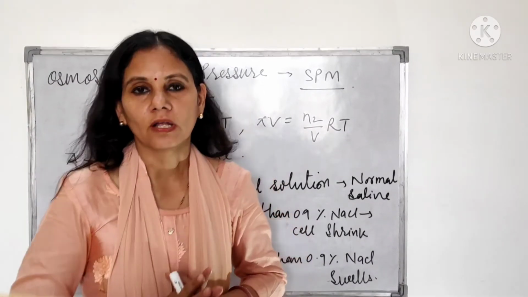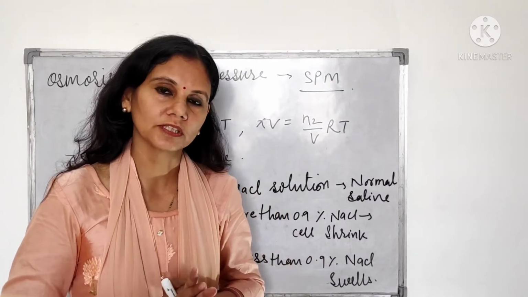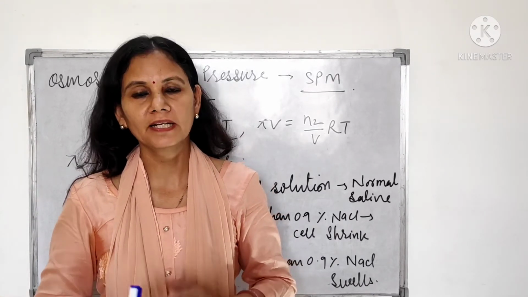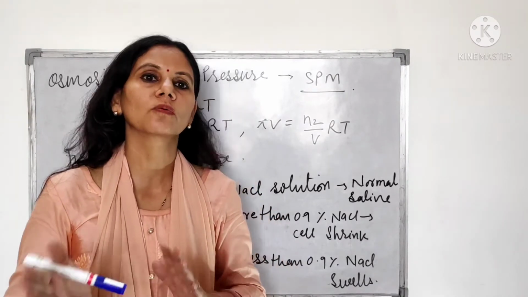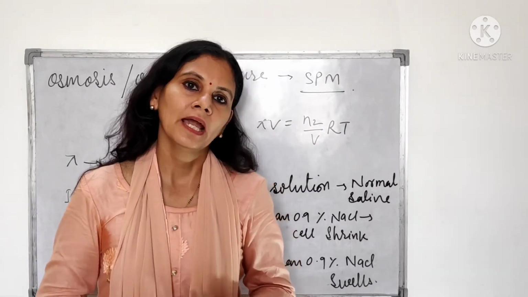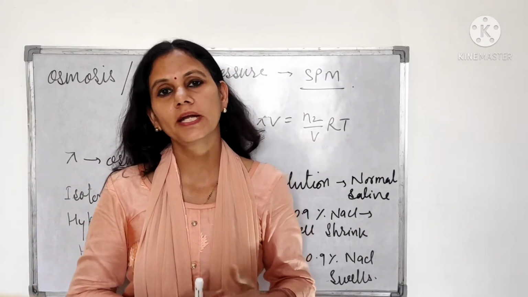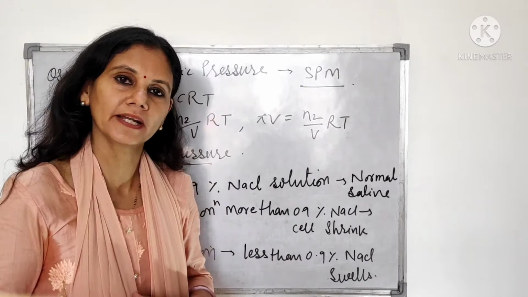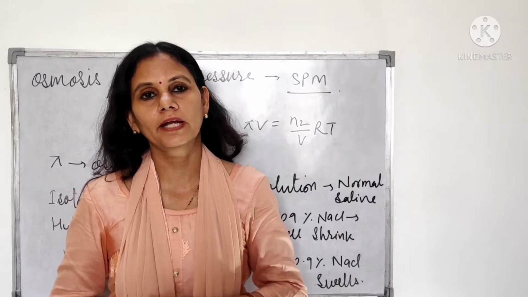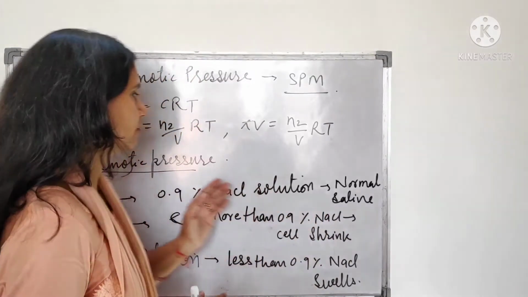So when the solvent molecule is passing in and out through the semi-permeable membrane, it is called osmosis. But we can prevent this osmosis, we can prevent the solvent molecules from moving out or in, by applying some pressure. And this pressure is called osmotic pressure. Osmotic pressure is related to molarity, not molality. So it is applicable for biomolecules to find out their molar masses, such as proteins and other polymers, and carbohydrates; their molecular mass can be found out by this process. So osmotic pressure is related to molarity.